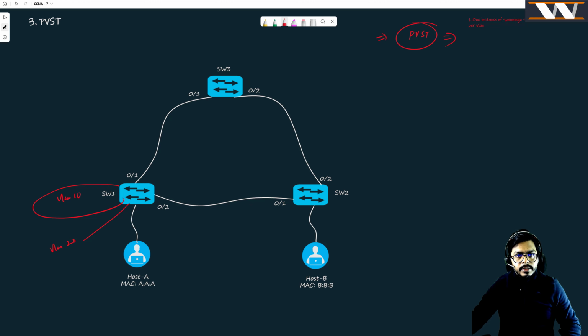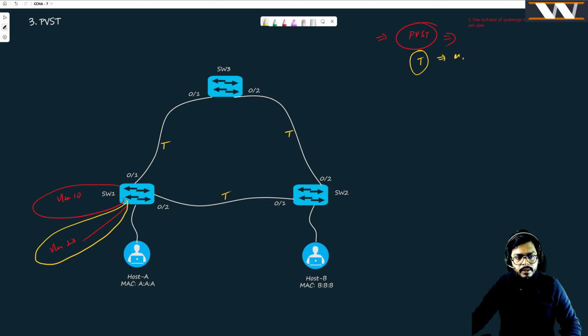It could be the case. This could be part of both the VLANs, right? Why? Because this is the trunk link. A trunk link can carry traffic of multiple VLANs,